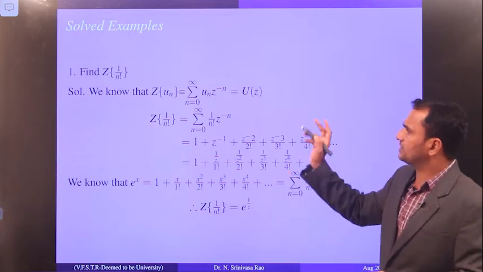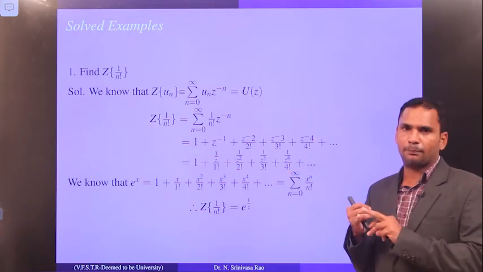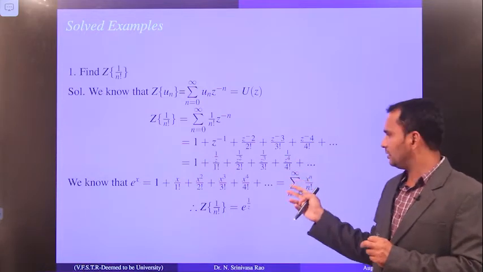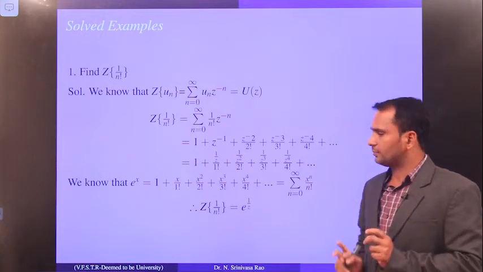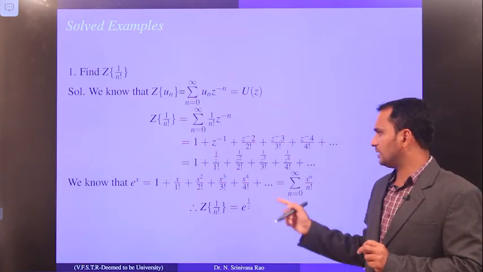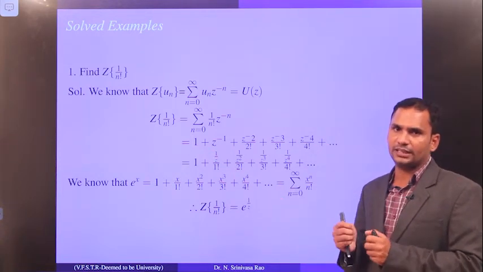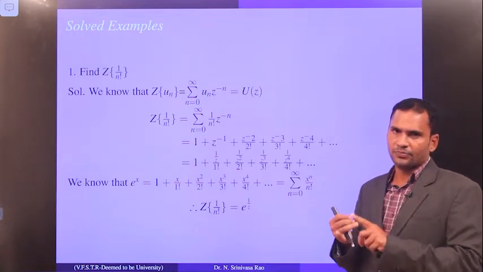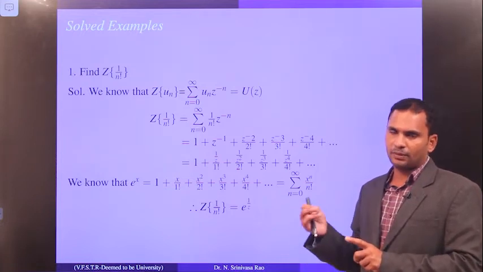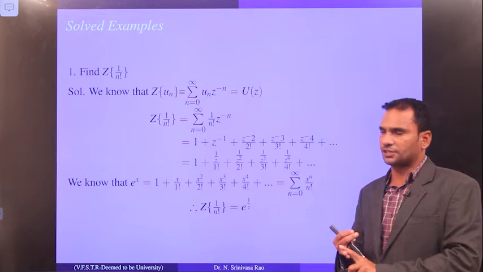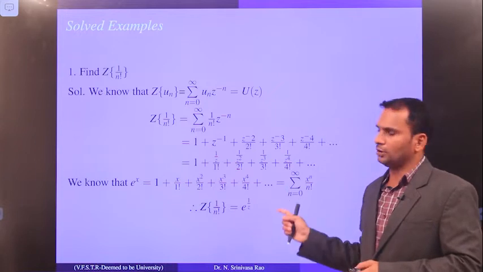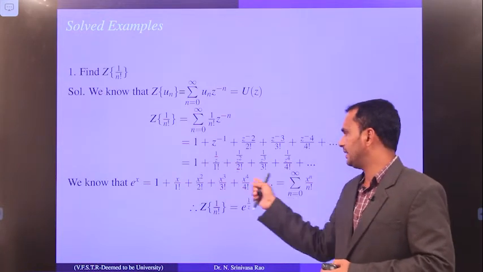So to simplify the z transform, very simple, first you have to apply the definition. Then if you substitute the u0, u1, u2 values, it will give the result in terms of z. But here the question is how to simplify this infinite sequence. For simplifying an infinite sequence, you should know the expansions: (1 plus x) whole power minus 1, (1 minus x) whole power minus 1, the e power x expansion, sin x expansion, cos x expansion, and the log x expansion. All the formulas you should know, otherwise we cannot replace the infinite series.